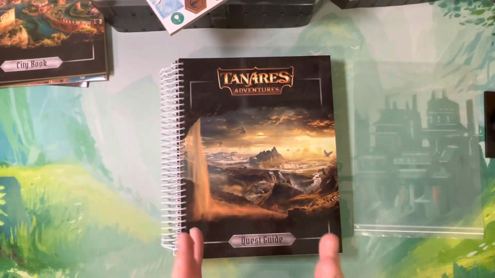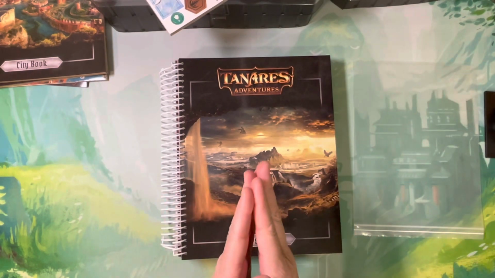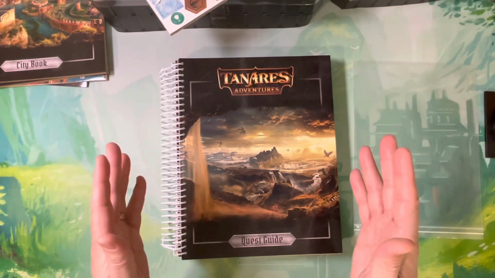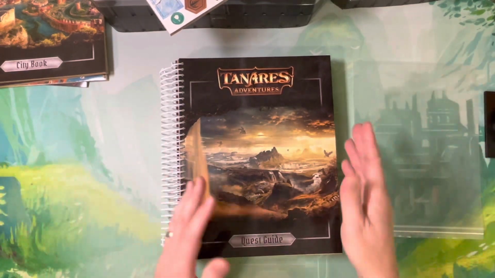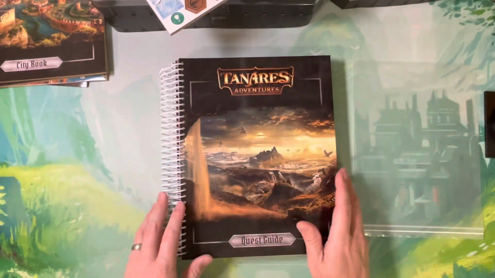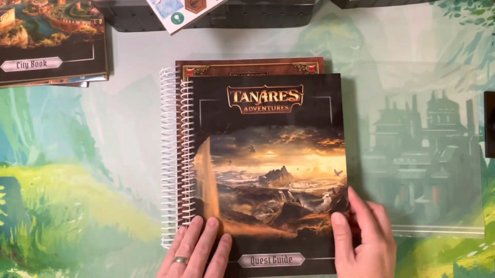Honestly, I wish that companies would send out their box of miniatures first so I can get them painted up, and then send me the rule book and the miniatures, and then send me everything else. Obviously, that wouldn't make a whole lot of sense, but